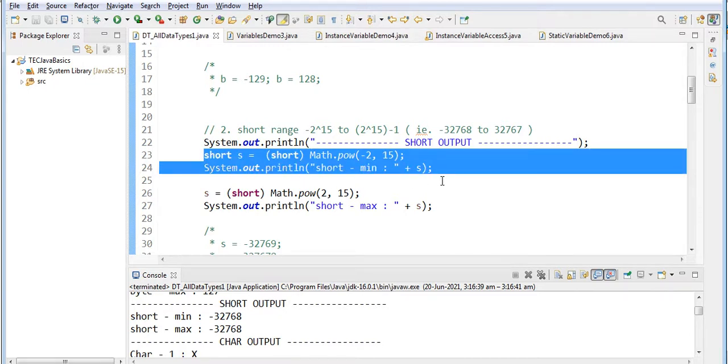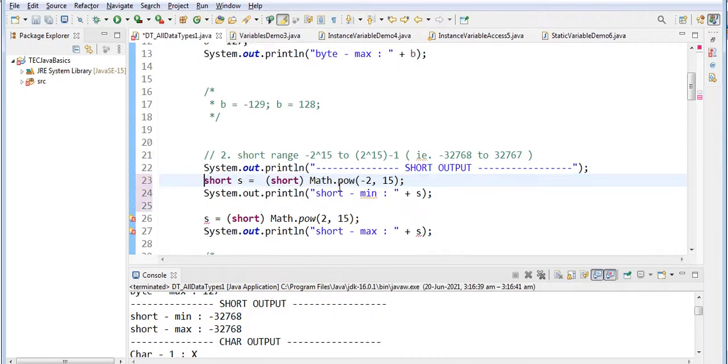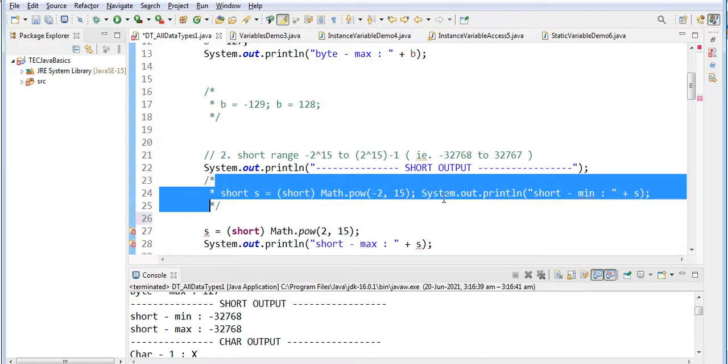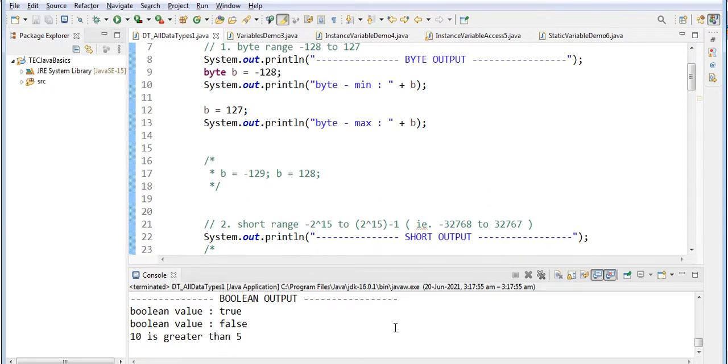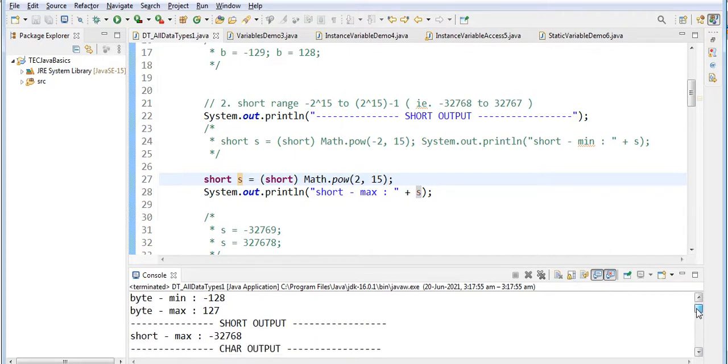I will comment this. See, it is giving a wrong answer, because the value has to be subtracted.